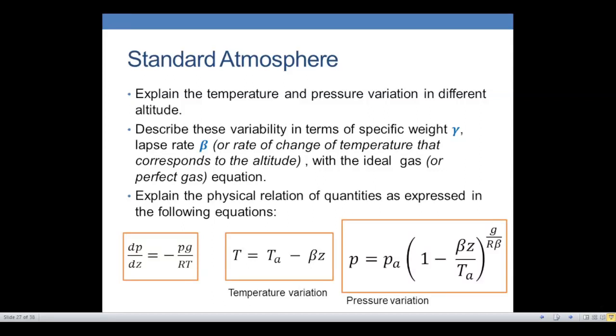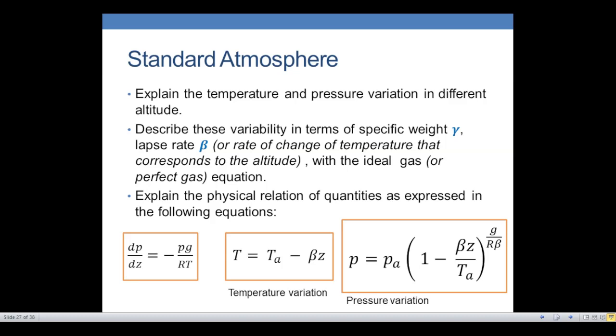Okay, so we're going to continue our discussion about the standard atmosphere. In this lesson, we have three learning objectives. You're going to explain the temperature and pressure variation in different altitudes and describe this variation in terms of